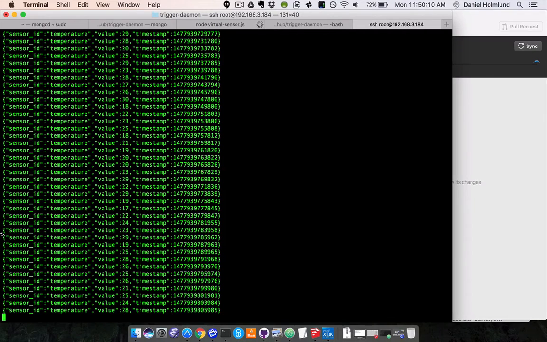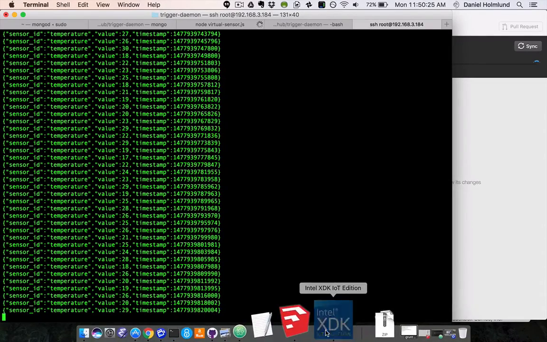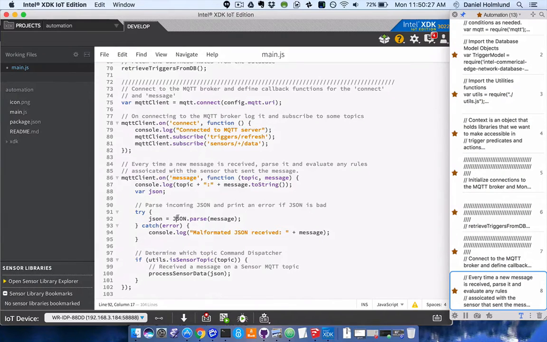Now, one thing to note here is that even though this is in JSON format, it's going to come into our program as a string. So we need to take this string here that has a sensor ID, a value, and a timestamp, and we need to parse it. So we take the message, we parse it, convert it into JSON, and if it's properly formatted,